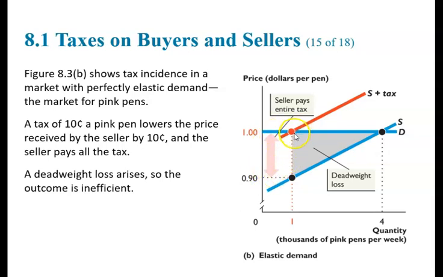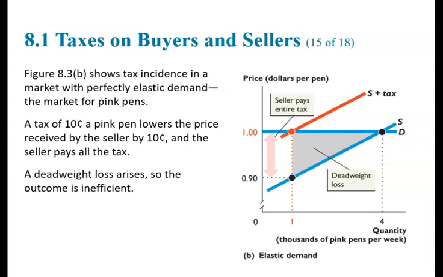And you can see that the equilibrium quantity decreases from 4,000 pink pens to 1,000 pink pens after the imposition of this tax. But the important things to remember are two over here. The first one is that all of the burden actually falls on the seller, and that makes intuitive sense because